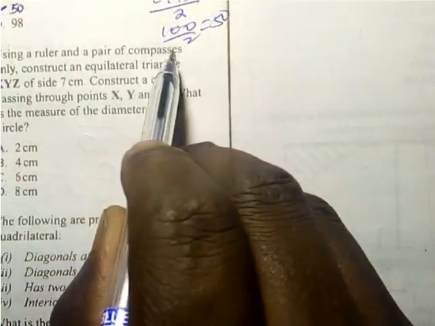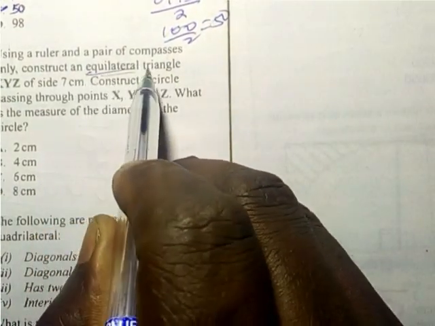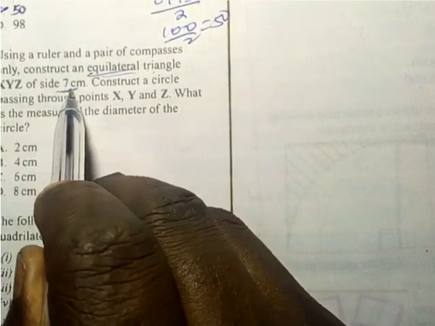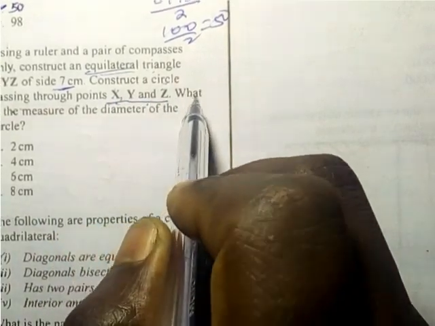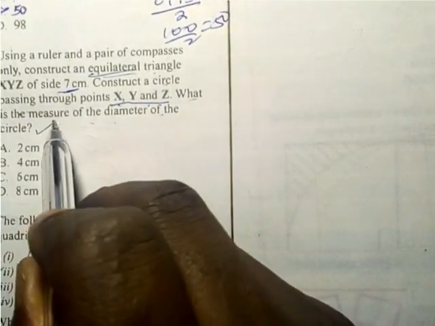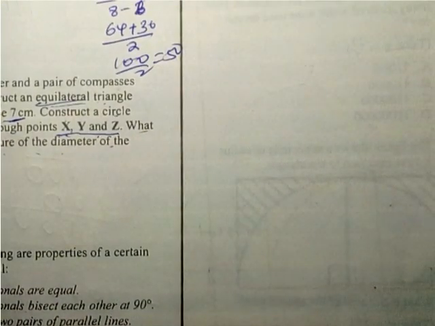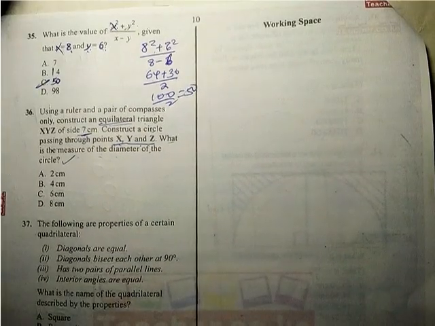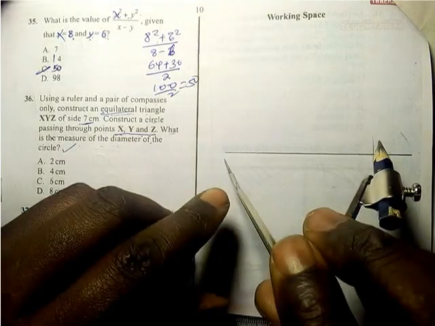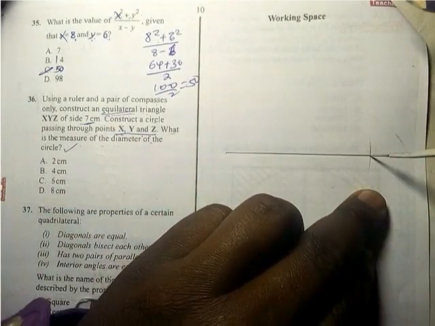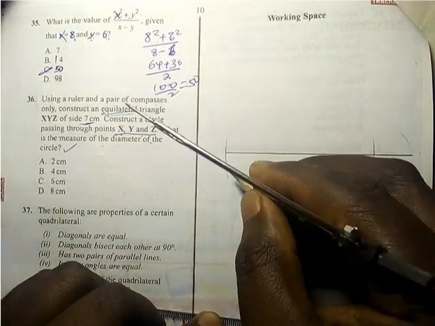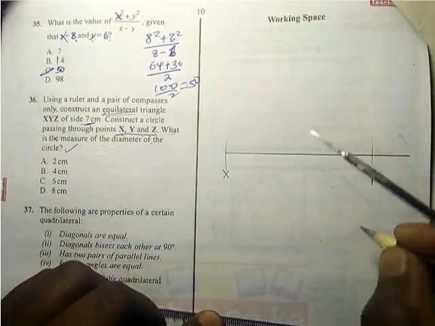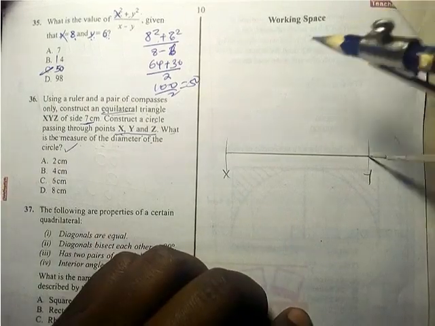Using a ruler and a pair of compass only, construct an equilateral triangle XYZ, which is 7 cm. Construct the circle that passes through the vertices. What is the measure of the diameter of the circle? So I've measured 7 centimeters. 7 centimeters. And this is the line. I can even say this is x, y. Because it is an equilateral, inamaanisha kila mahali itakuwa 7, so unaweka